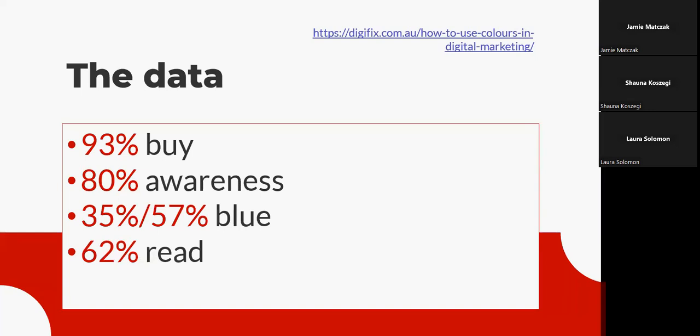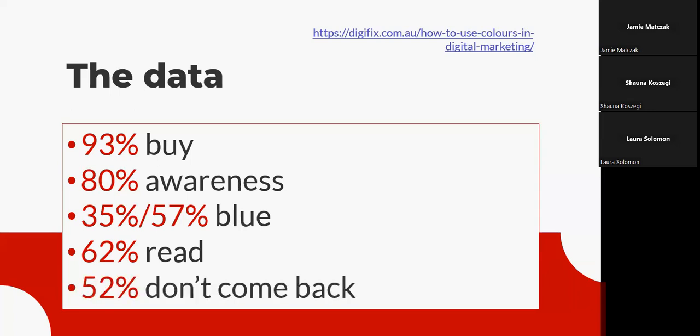62% of people read your advertisement, and let's be honest, almost everything we do digitally is an advertisement. We don't like to say that, we don't like to admit it, but we are selling things, we are promoting things, we are trying to get people to take an action that has to do with our organization. We are absolutely selling things. But 62% of people will read our advertisements, which could also be social media, if they like the color of your post, which is why we're having this session today, because color is a criteria that more than half of people use as a primary criteria to decide whether or not they're even going to look at your digital stuff.